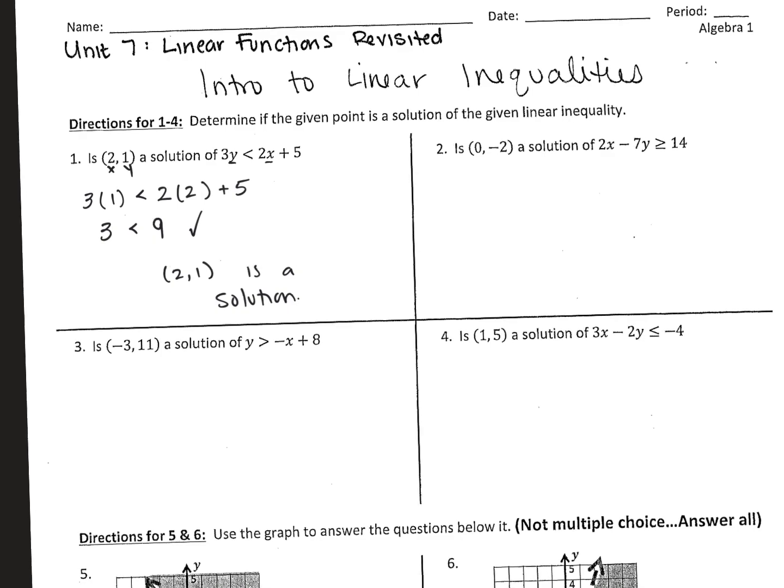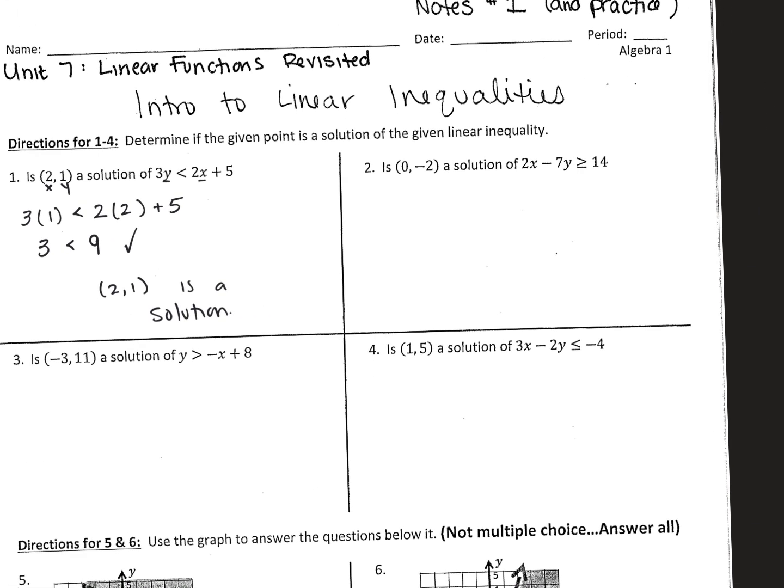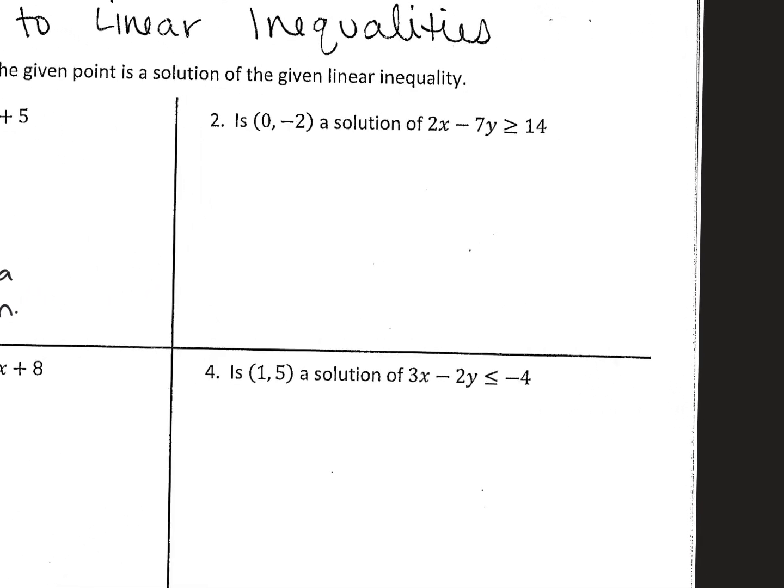So let's check out one more example together. Number 2, this equation is in standard form. It looks like ax plus by is, well, in this case, greater than or equal to c. So I'm checking if I substitute 0 and negative 2 into this equation, where x and y are, do I get a true statement? So I would have 2 times 0 minus 7 times negative 2 is greater than or